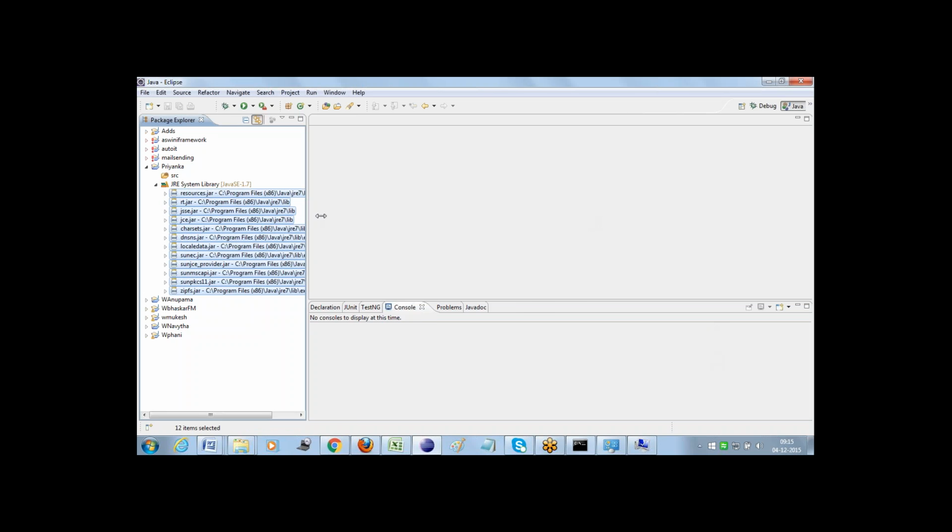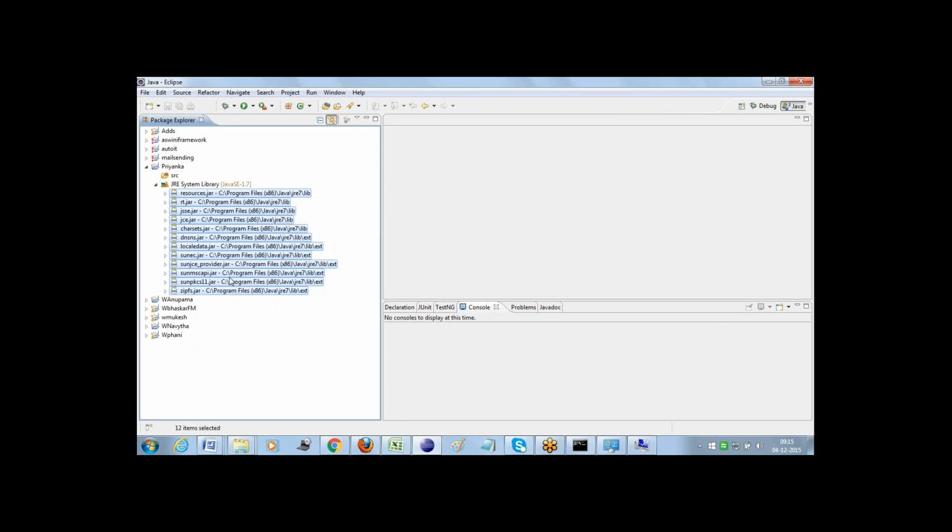How do I know these files are from the Java folder itself? See here, the location it is displaying for the jar file, the Program Files Java folder. From the Java folder only it is getting these files.